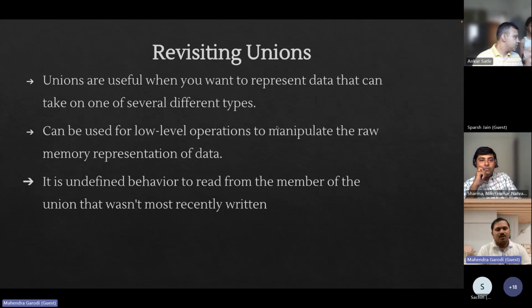Okay, so let's start with revisiting unions. We know that unions were introduced in C itself, and they are very useful where the value of a data can be any one of the known types at a certain point of time. These are also very useful in low level operations like memory